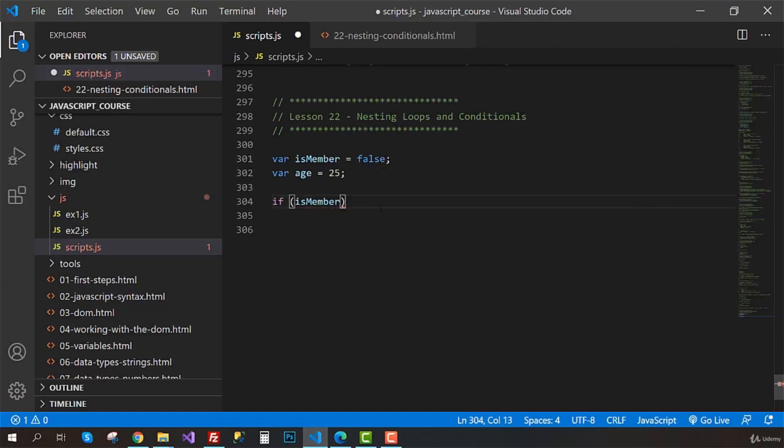We don't need to type is member equals true. We can just type is member, or the age is greater than or equal to 65. If one of these conditions is true, then we know that the product is free. So console.log